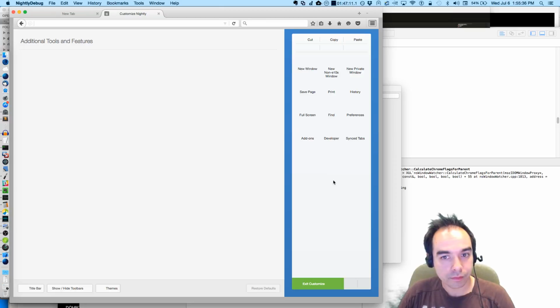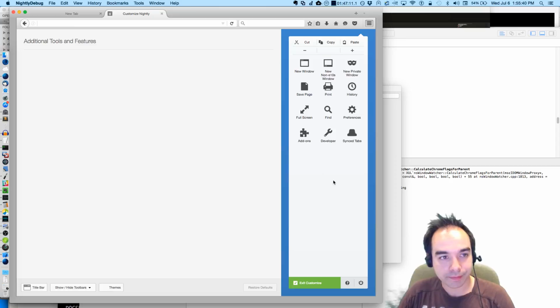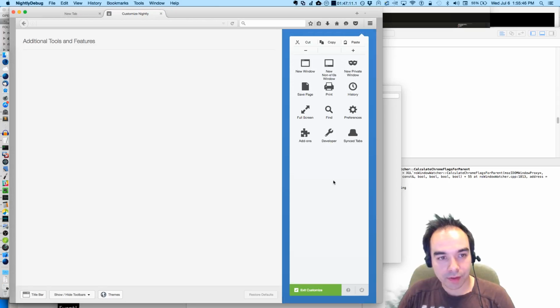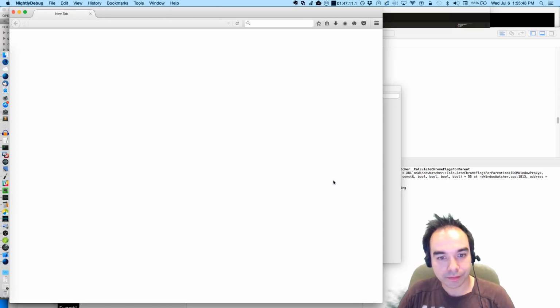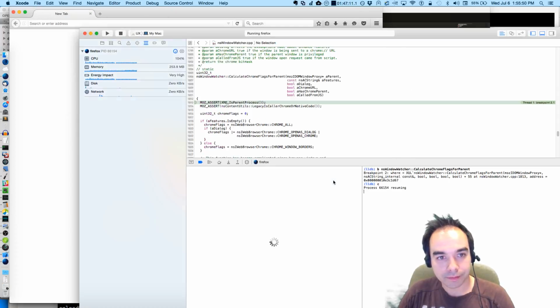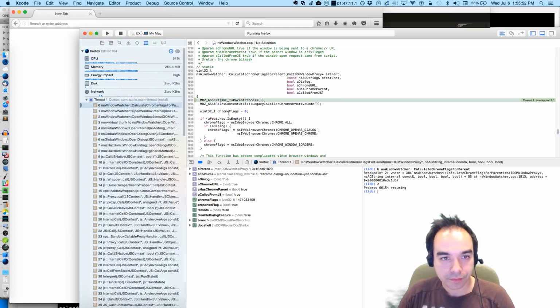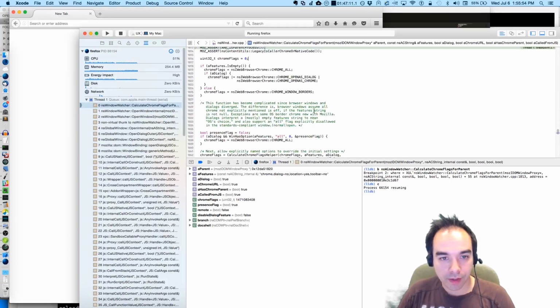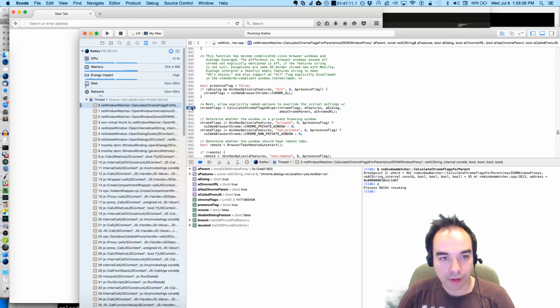Right, it's doing the whole test. Should have modified the test so that we didn't have to do that. But whatever. There we go. Calculate Chrome flags for parent, and then we're gonna boop.